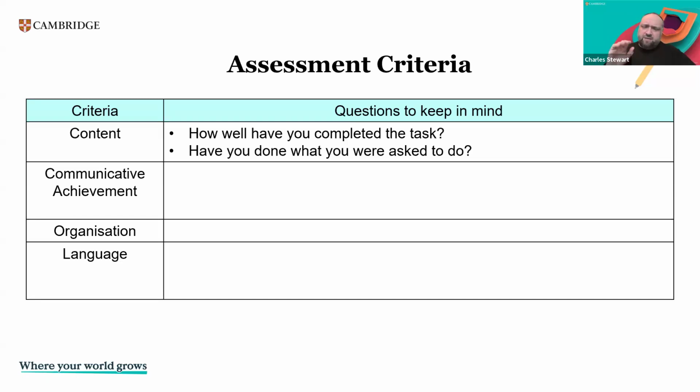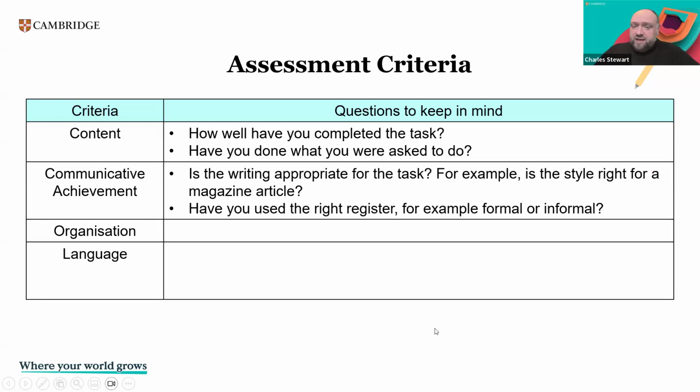Because keep in mind, if you do better in content and lower in language, the two will kind of balance each other out. There are 5 points possible in each of these four sections. Therefore, make sure with the content that you are doing exactly what the question requires you to do and doing it fully. With communicative achievement, they say, right, so